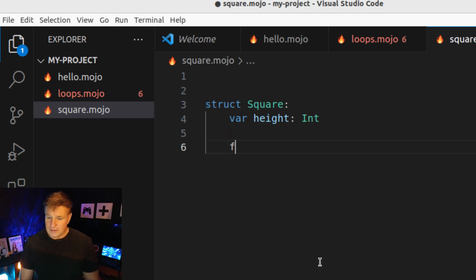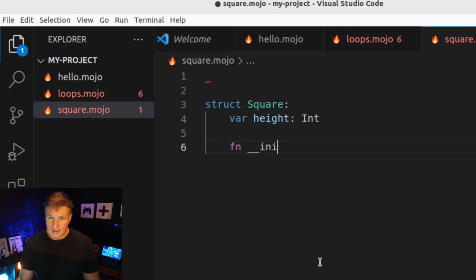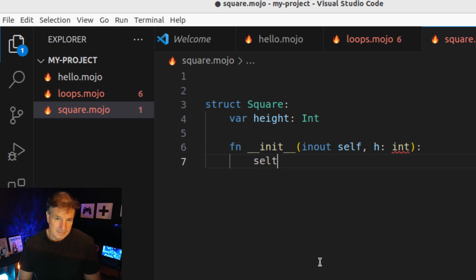We need a constructor, so I'll use the underscore init. Pass in the reference to itself, the object self, and then we want someone to pass in the height, which is of type Int, and then inside the function we'll just set the square's height,